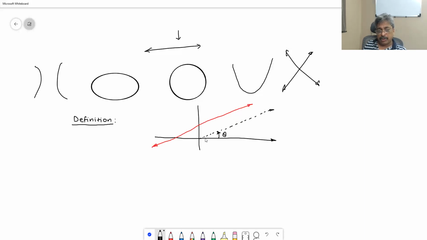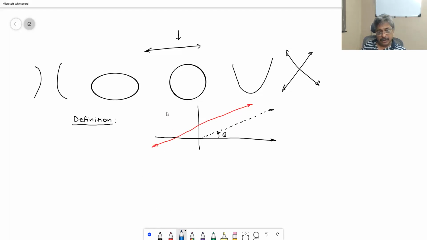It is very simple. Positive x-axis is to be rotated in anti-clockwise direction, and the moment it becomes parallel or coincident. If the line is passing through origin, it will become coincident, else it will become parallel. So for the first time, you need not keep on rotating and then stabilize at one point. For the first time, whatever angle through which it is to be rotated is called inclination. So this theta is the inclination of this line.